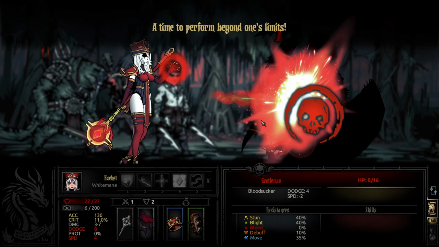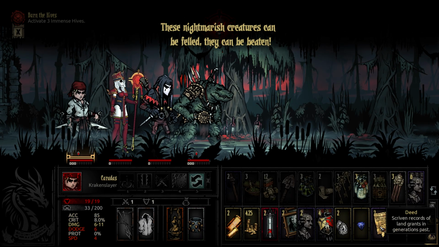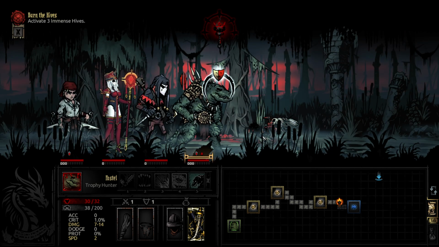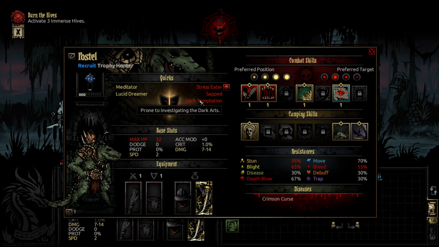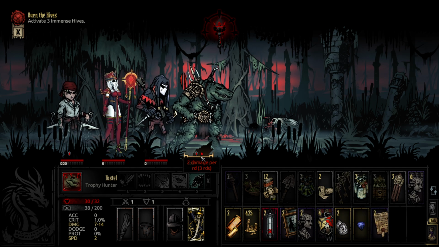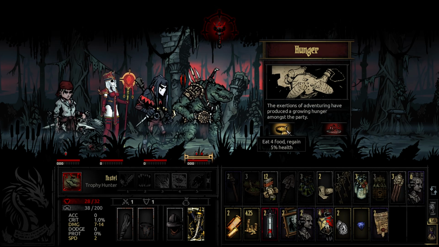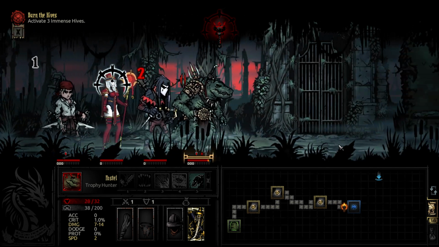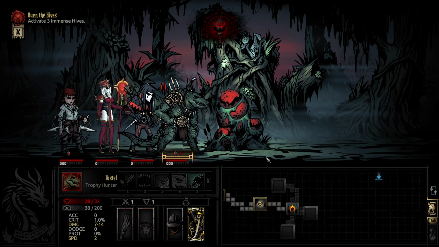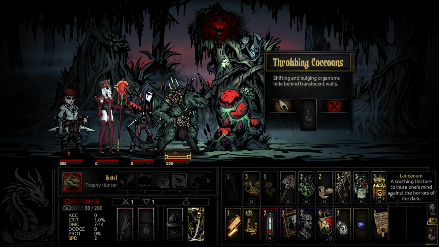A time to perform beyond one's limits. More blood. These nightmarish creatures can be felled. They can be beaten. Of course you touch the bloody thing. How much is it? 2 for 3. We can heal through that. Stress relief. 38. Okay, let's